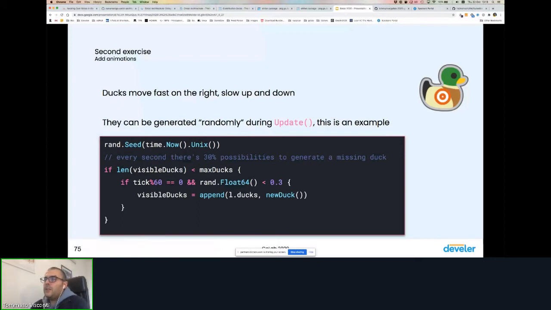If the visible ducks, which means the number of ducks on the screen, are less than this max number of ducks that I would like to see on the screen, then I generate one. But I don't always generate one. I see if the tick modulo 60 is 0, which means every second, I see if I define a 30% possibility to create a duck. You can use 40, 50, which means that you never generate ducks at the same pace,